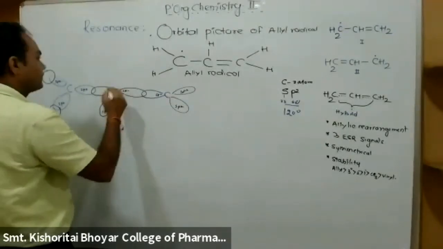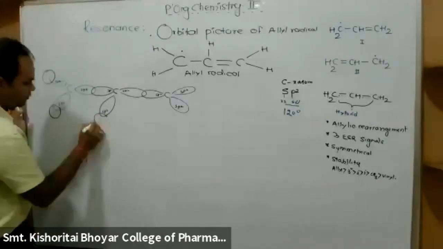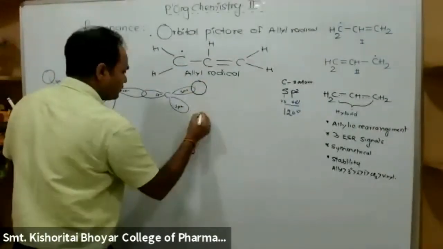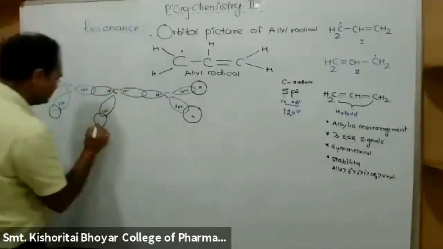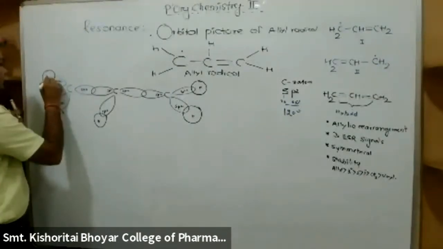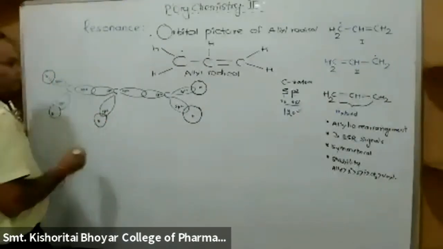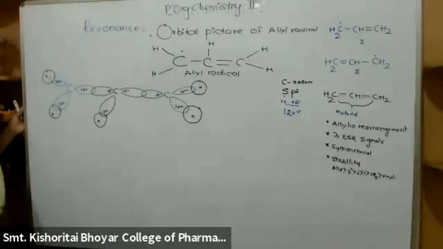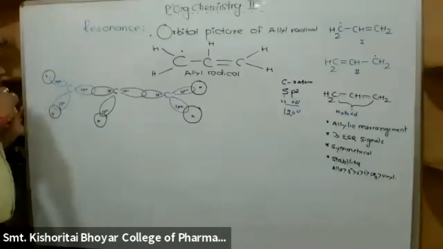Now this other carbon has 1 overlapping. Then this carbon, this is H, H, H, H, H. In this way you will get the 2 CH bonds here, 1 CH bond here, and again 2 CH bonds. So in this way, you will get the skeleton of the molecule. Okay, clear?